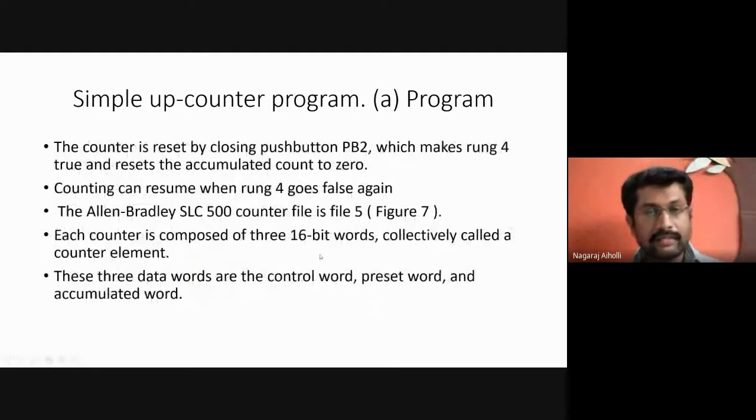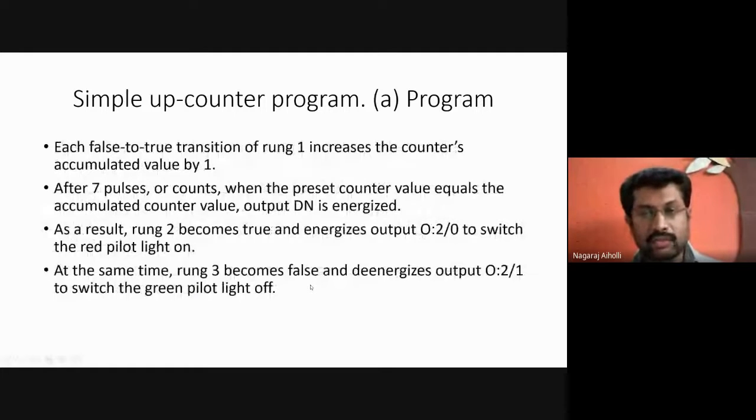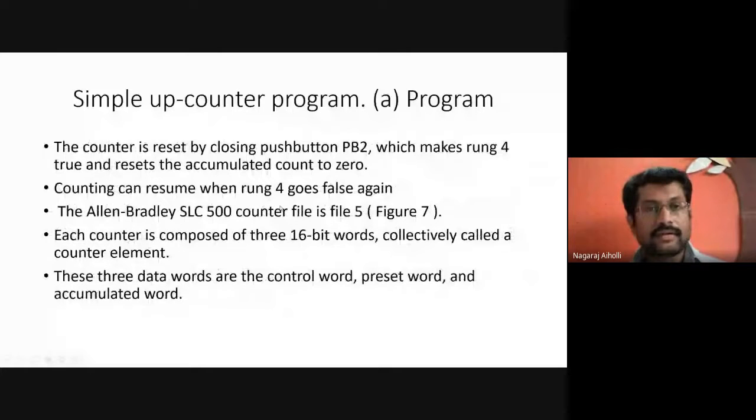At the same time, rung 3 becomes false and de-energizes output O:2/1 to switch the green pilot light off. The counter is reset by closing push button PB2, which makes rung 4 true and resets the accumulated count to 0. Counting can resume when rung 4 goes false again.